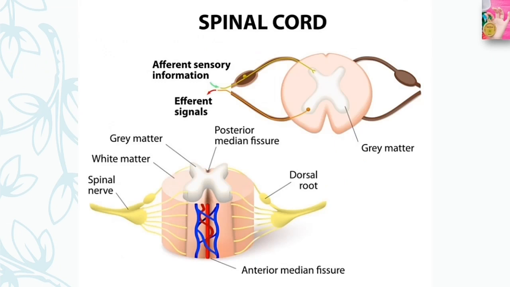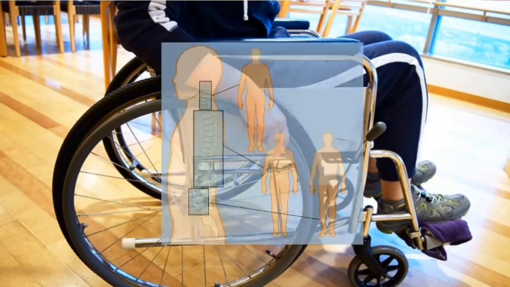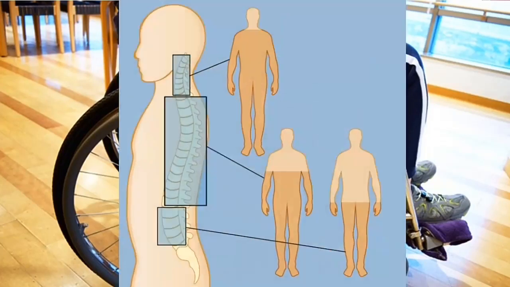The functions of the spinal cord are related to information processing and control of reflexive activity in the body. Many forms of paralysis result from spinal cord damage, a fact that underscores the critical role it plays in transmitting signals from the brain to the neurons that move the body's muscles.